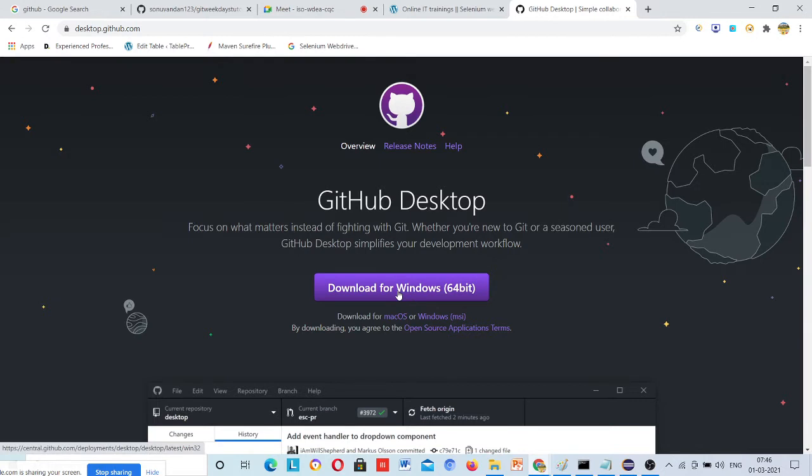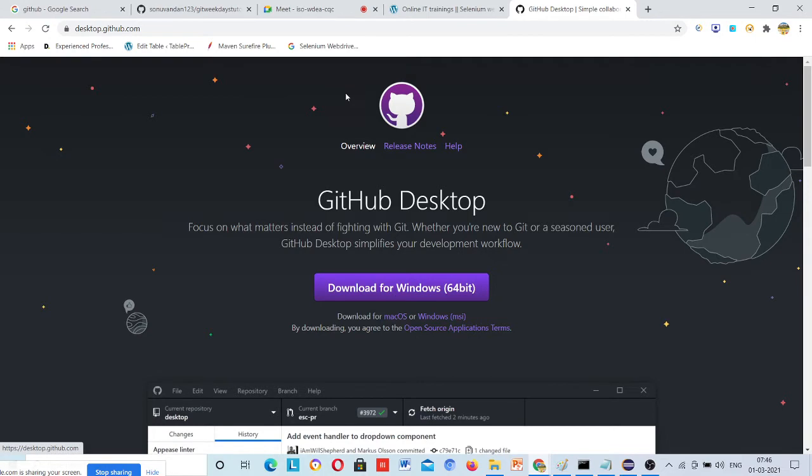Suppose I click here, it will be downloaded. I have already downloaded and installed everything, so I am not going to do that. Once you click on this, it will start downloading. This is the first step.